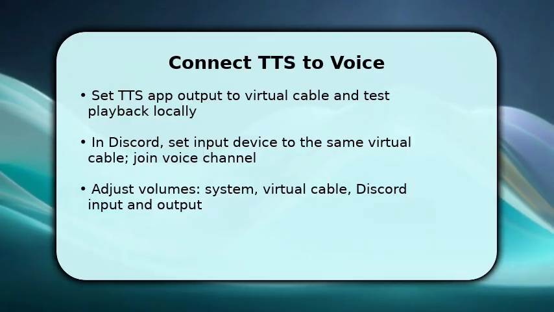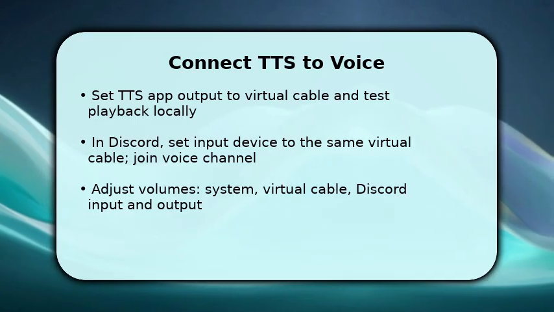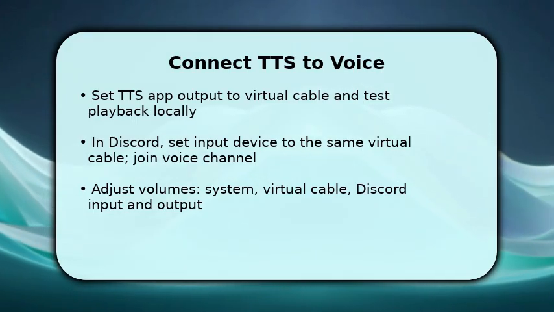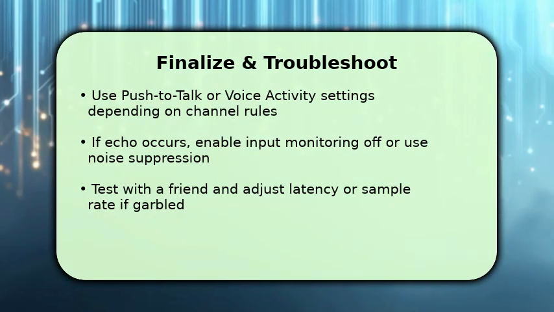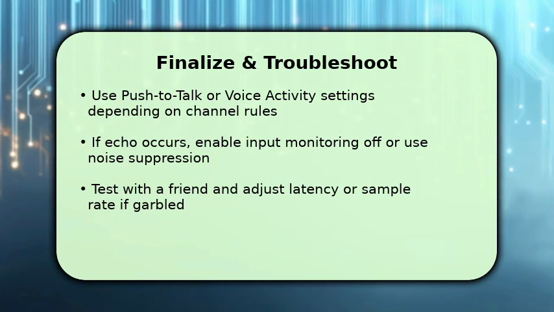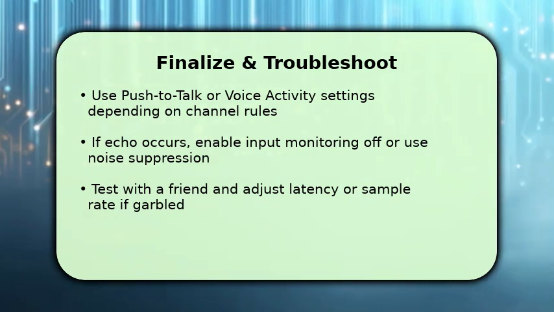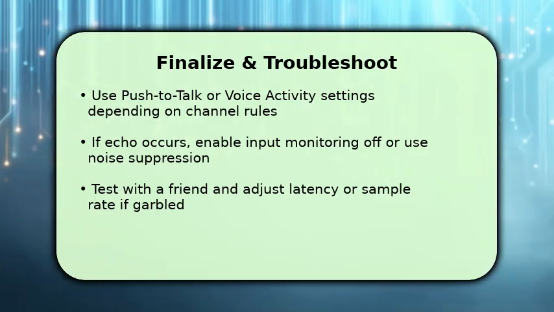Once connected, tweak volumes across the TTS app, virtual cable mixer, and Discord input so speech is clear but not clipping or too loud for others. Finish by choosing how you want to trigger TTS, push to talk when you need control, or voice activity for continuous speech. If listeners report echo, disable monitoring on the virtual cable or turn on Discord's echo cancellation and noise